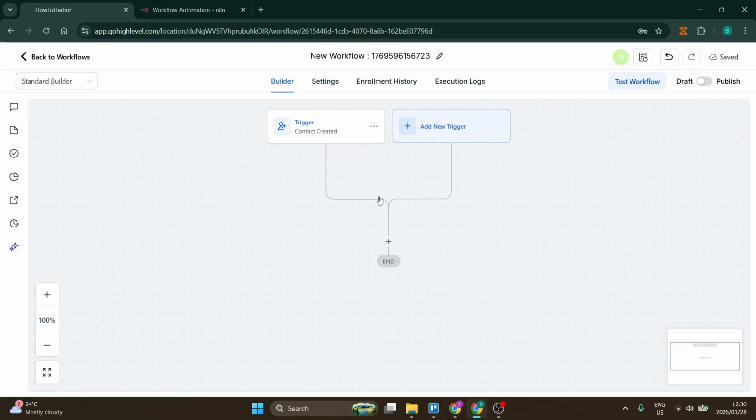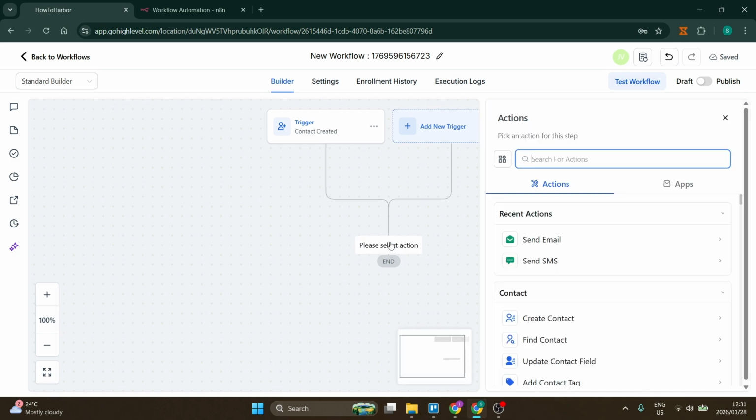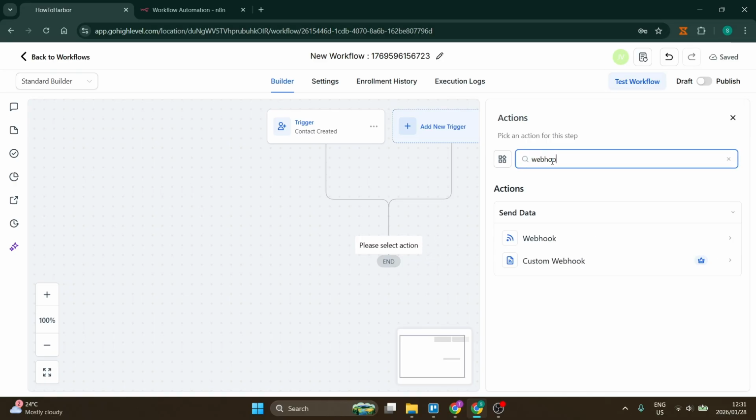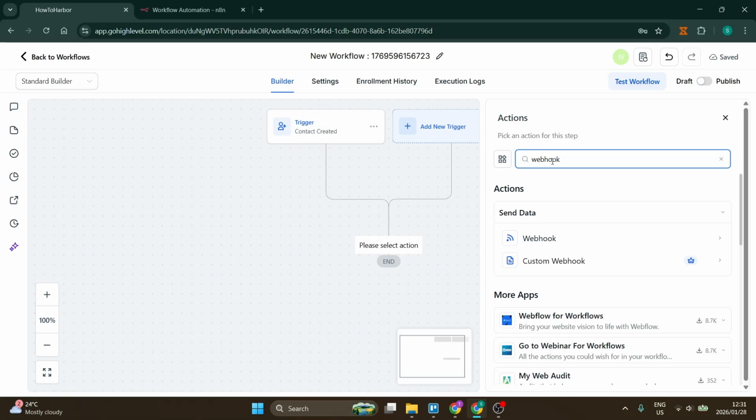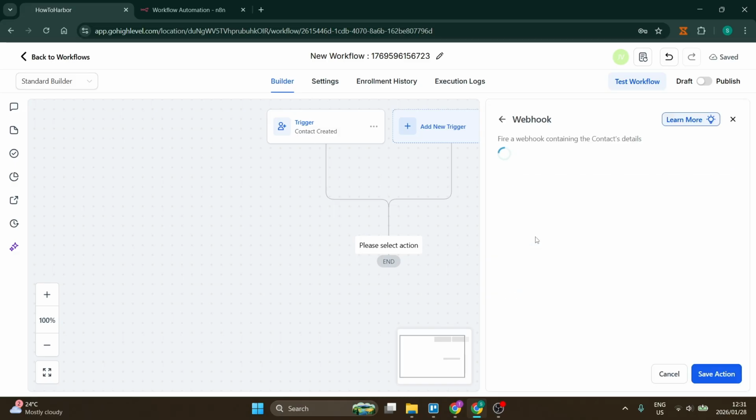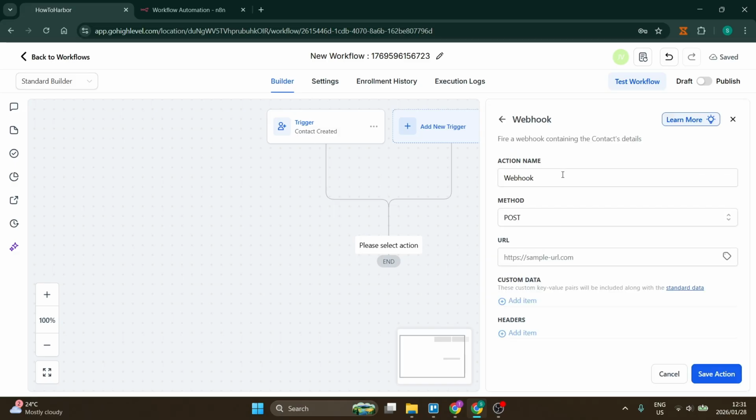We only need one trigger for this example, and just over here underneath these nodes you'll see a plus icon. Go ahead and click on this plus icon. We're going to go over here to the search bar. It says search for actions, and again we are going to dial in webhook, and essentially what we're looking for here is what is the action that will be triggered after a contact is created. Now go ahead, click on webhook, give it a name,